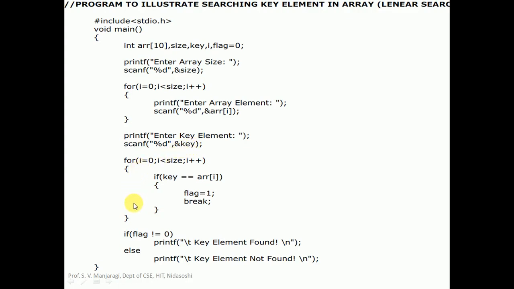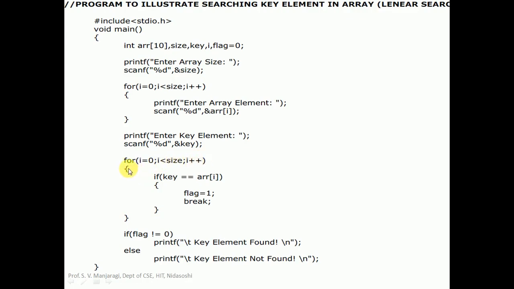So as we learned that in linear search, the search key will be compared with the individual elements of the array starting from the first element. So take a for loop, where we initialize I equal to 0 because the array index will start from 0. First of all, we need to compare key with the first element of the array whose index will be 0, and you have to repeat up to the last index. The last index will be size minus 1. So the condition is I less than size, I plus plus.